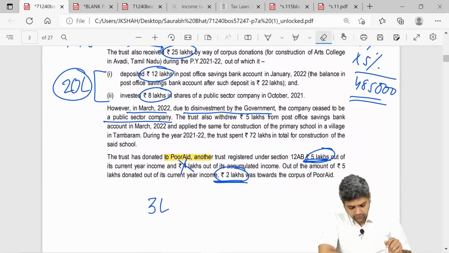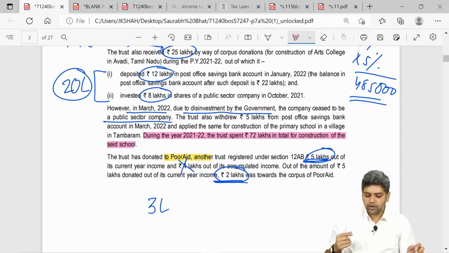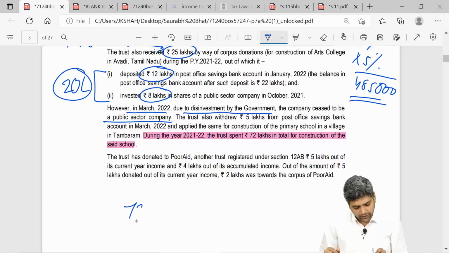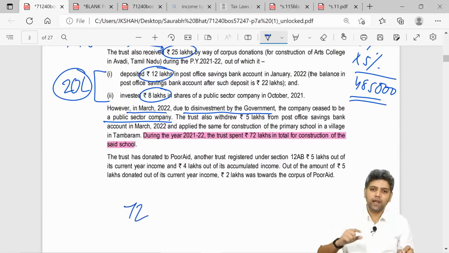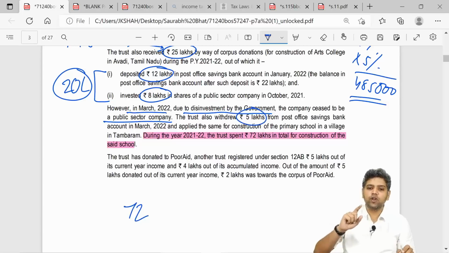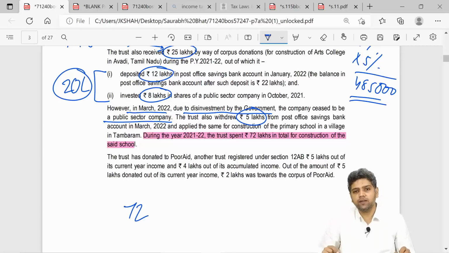They have told us that during the current year, you have undertaken some construction of a primary school and for that construction, you have incurred a total cost of 72 lakhs. But if you notice, in that 72 lakhs, an amount of 5 lakhs was withdrawn out of post office savings bank account, that is out of corpus, and that corpus amount of 5 lakhs has been utilized towards the construction